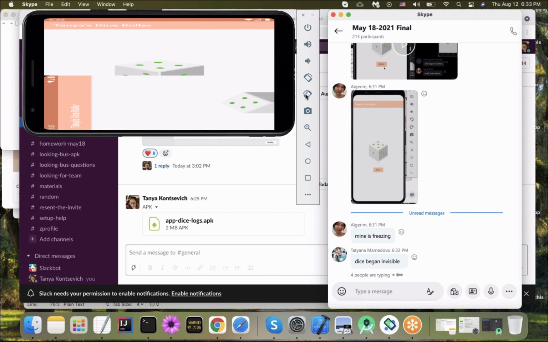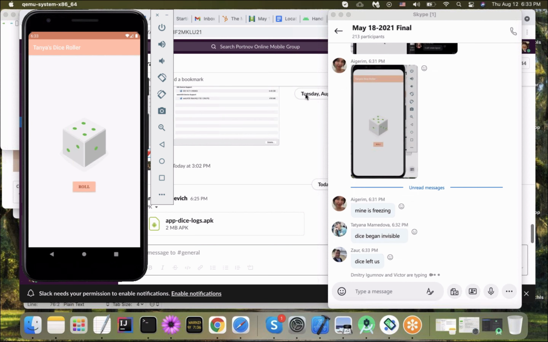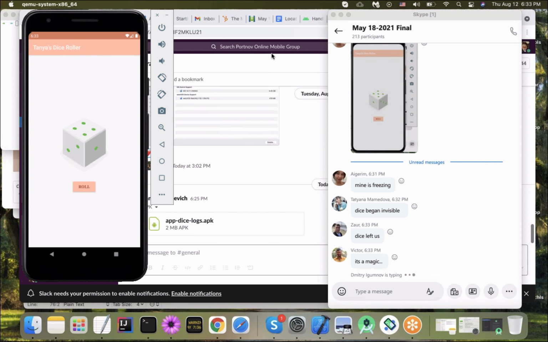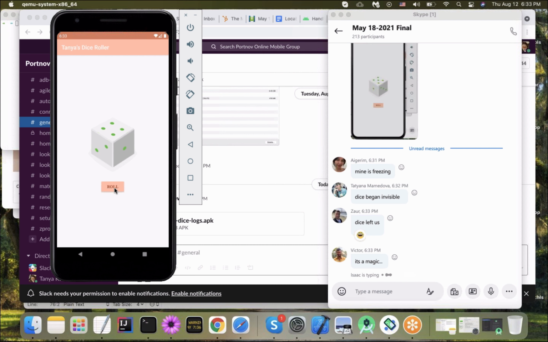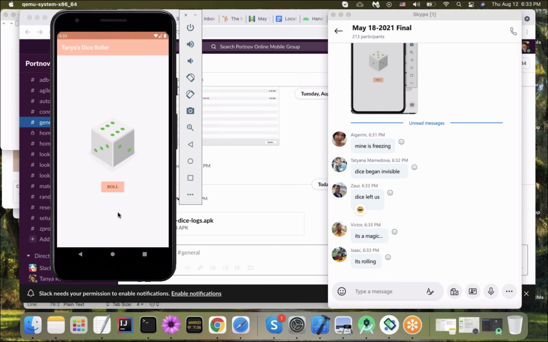Yeah, it's gone. Also, dice left us. So here is another example around the same issue, the same root cause for this particular bug. I'm going to tap roll again. So you see 6 here, and then